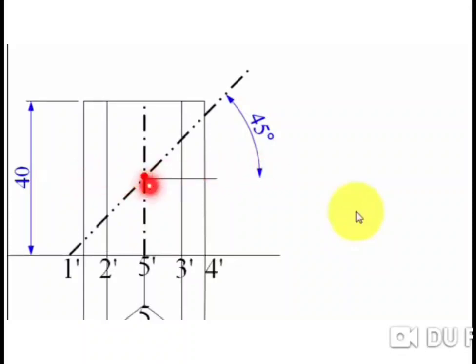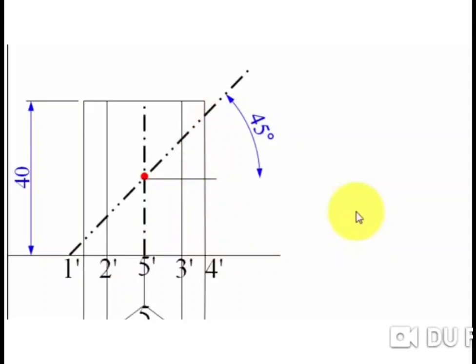Take an angle of 45 degrees, mark one point and draw the cutting plane action line here, inclined to the HP by 45 degrees. Now this base part is the retained part. That shape is required of the pentagon. From the basic pentagon we have to cut this portion. Now for that retained portion we have to draw the development of the solid.